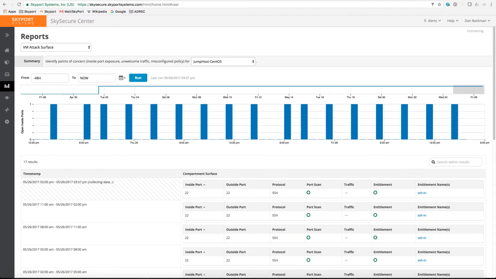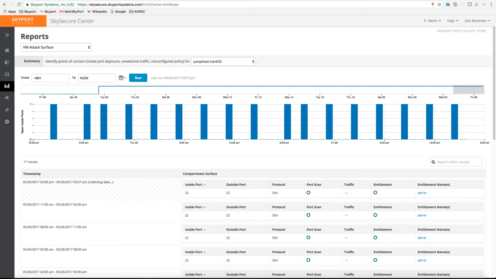We've also built in a level of threat and vulnerability scanning inside the platform. What you can see here is what we call our attack surface report. Inside the platform, we're continuously scanning the surface of each one of the protected virtual machines of the system, and we can report on exactly what was seen as open. This is an example of a Linux-based virtual machine that we use as a jump host for protecting administration for things like AWS CLI tools.